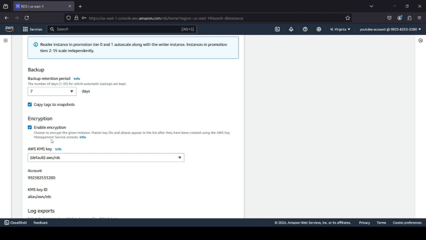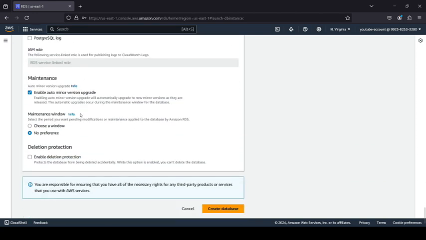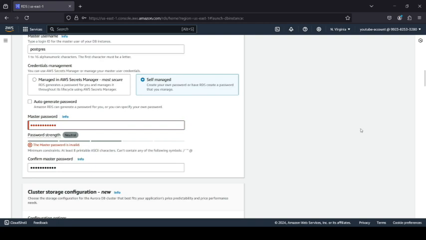So when you try to, for any reason, restore your database, and you restore from an encrypted snapshot, you'll be creating a database that is already encrypted. And then you have all of your other basic settings, and we can just go ahead and click on create